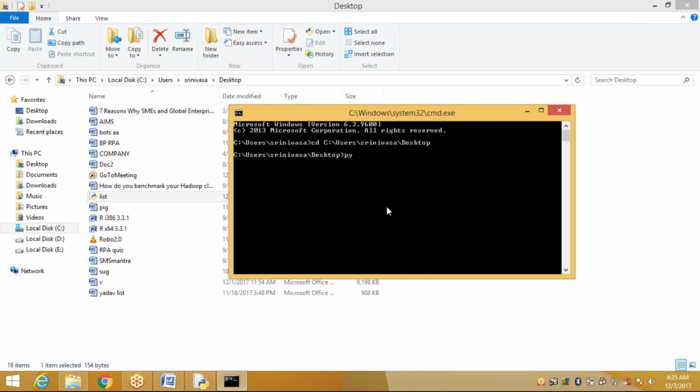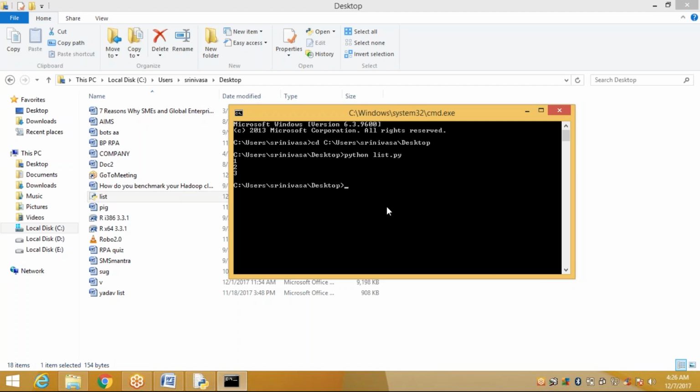Now execute that program: python, and what is our file name? list.py. This is the execution of our program. So this is the third type, right? Directly you can open the IDE or the command prompt, or you can go to the command prompt and check where your program is available.